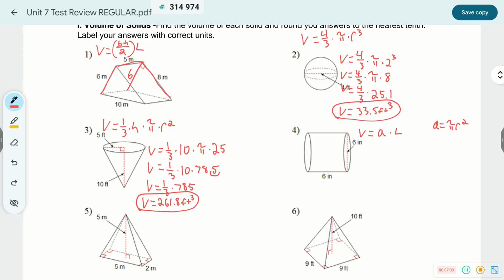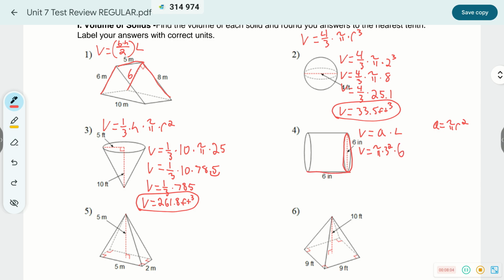Okay. So what's our base? Our base is this right here. The area of our base is pi r squared. So what's the radius? If our diameter is 6, what's our radius? 3. So we can write this as volume equals pi times 3 squared times the length, which is